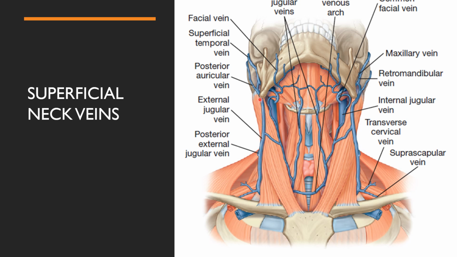The external jugular veins are two veins found in the superficial fascia of the neck, and each is made by the confluence of two smaller veins. We have the retromandibular vein, which is here, and the posterior auricular vein. The posterior auricular vein together with the retromandibular vein will form the external jugular vein, which extends downward, crossing this